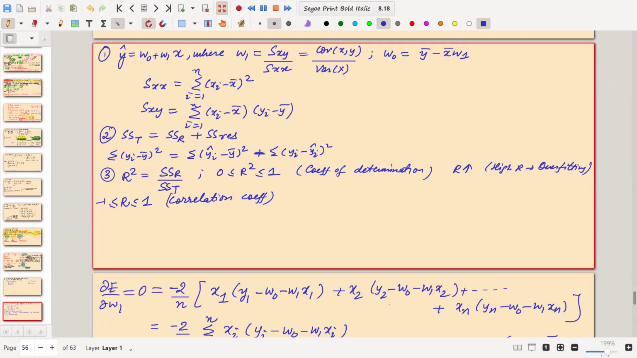Okay, and correlation coefficient you already know. If it is -1, it is negatively correlated. If it is +1, it is positively correlated. If it is 0, they are not dependent. There is no correlation between x and y. Okay,